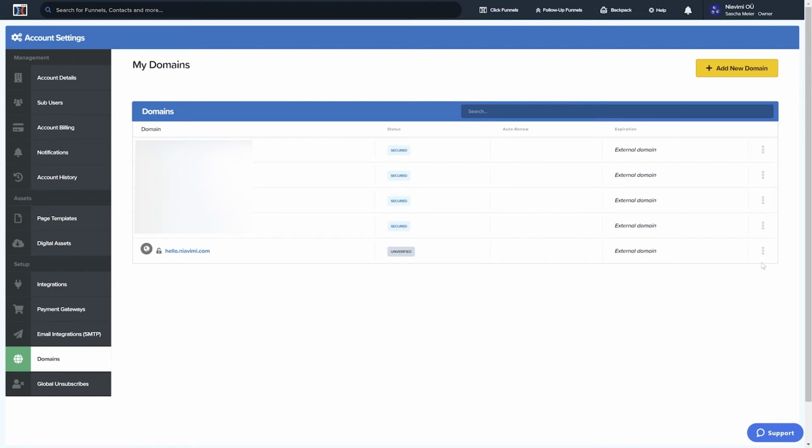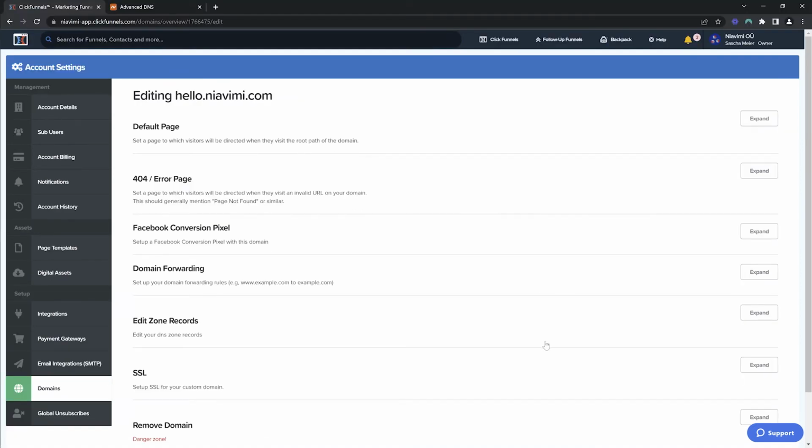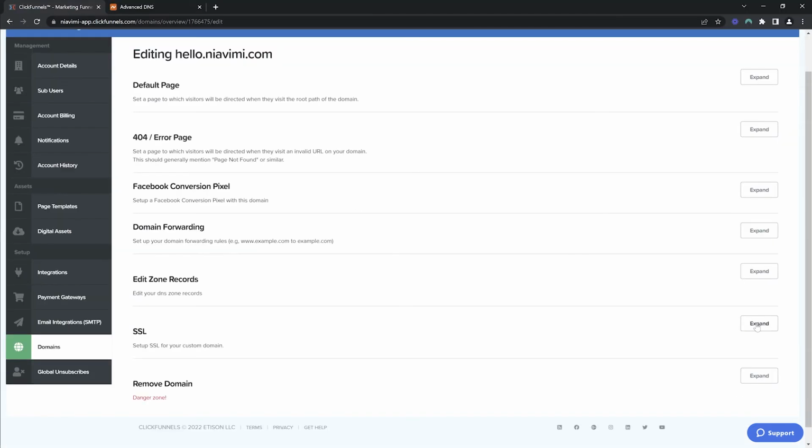Go to the menu here on the right and click on Edit. Then scroll down and enable SSL. It can take minutes, hours or even days until this is done, but in all the domains I've connected to ClickFunnels so far, SSL has always been enabled within an hour or so. Once that's done, the